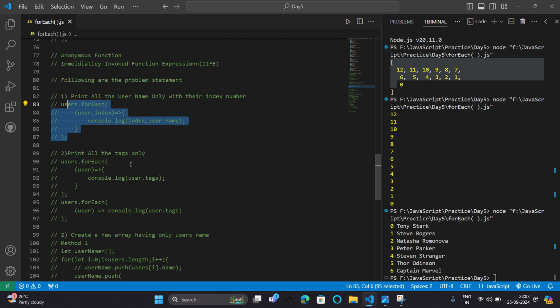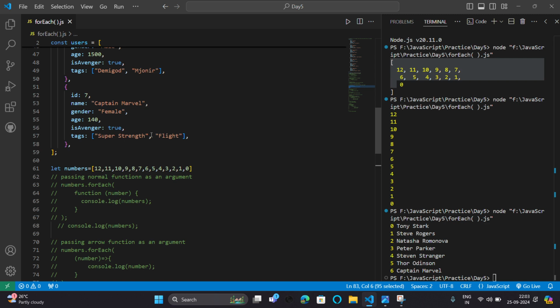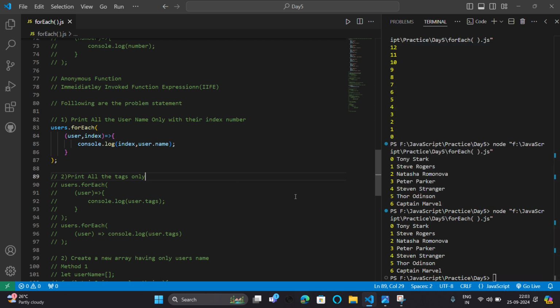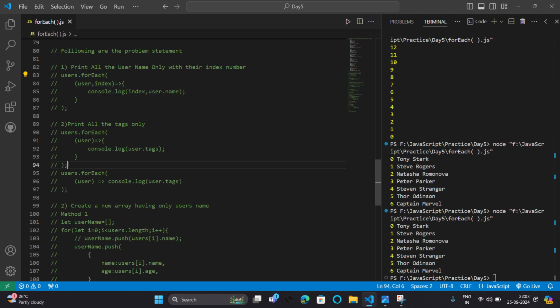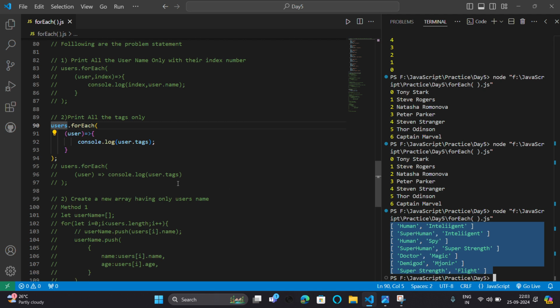Let's move to the next. Print only the tags, all the tags. I just have to print these tags. It's as simple as that. Okay, so it gives us all the tag names of that particular index.